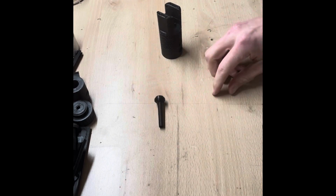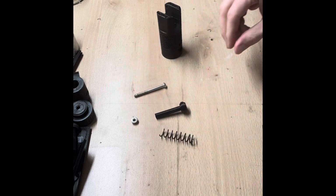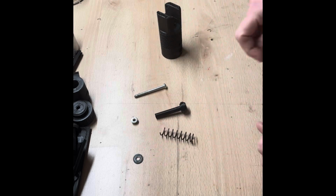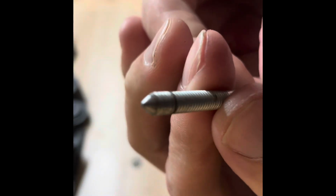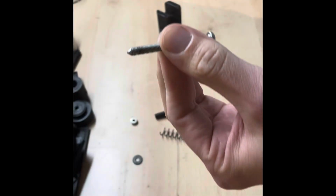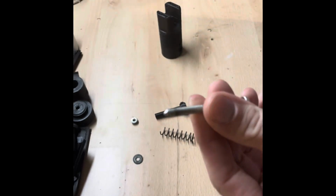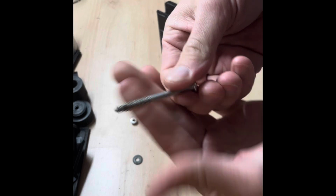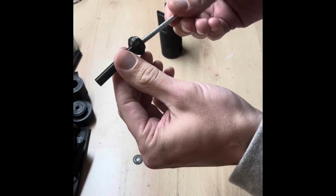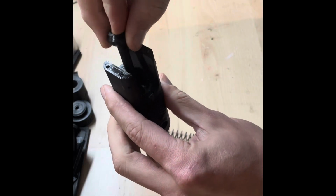And from there you can take this part, a spring, the screw, this, you've got pretty much everything you need. So from there you're gonna take your screw. As you can see, I've already made it pointy. You just have to take like a file and do it like this, or with a bit more specialized hardware, but yeah, you can do it like this. You insert it inside and then you're gonna put it from the top,